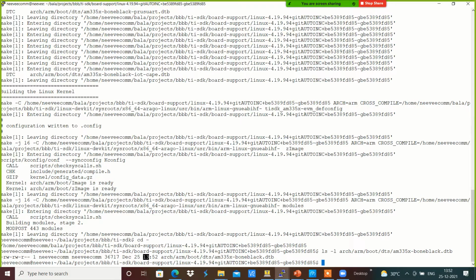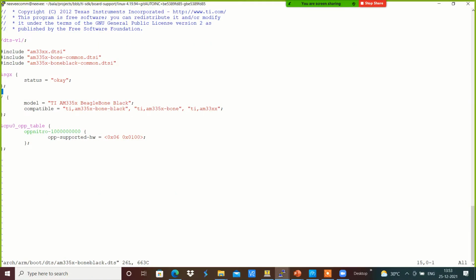I'm going to copy this now. I'm going to use the TI BeagleBone Black model, and for example, I'm going to add an LDD into it, and then load this platform.